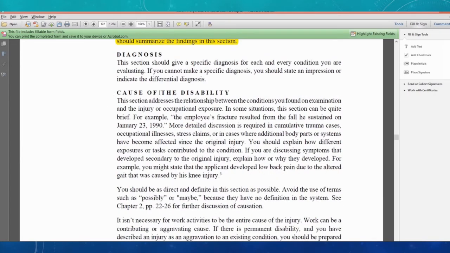You should have a section that describes the cause of the disability. We might refer to this in our report as the causation section. So let's call this causation section of the report. Okay. This section addresses the relationship between the conditions you found on examination and the injury or occupational exposure. In some situations, this section can be quite brief. More detailed discussion is required in cumulative trauma cases, occupational illnesses, stress claims, or in cases where additional body parts or systems have become affected since the original injury,